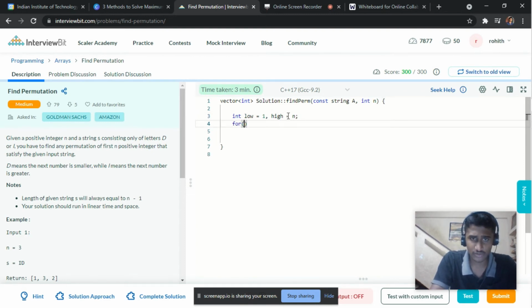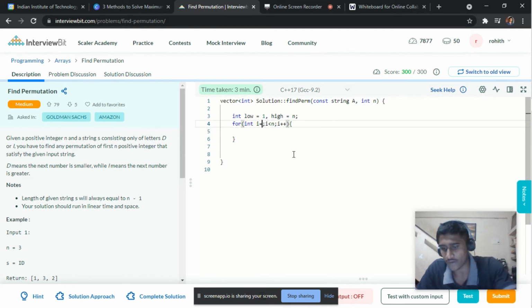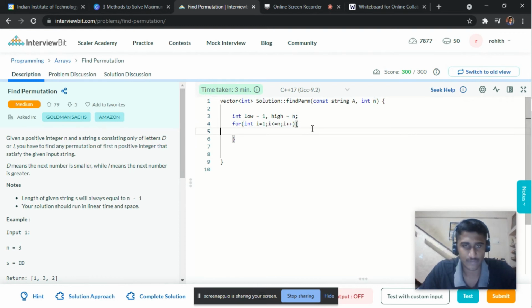Let's traverse through the loop for int i equal to 0; i less than n; i plus plus, till n elements. Let us start from 1 for convenience, so it will be easy for comparing.